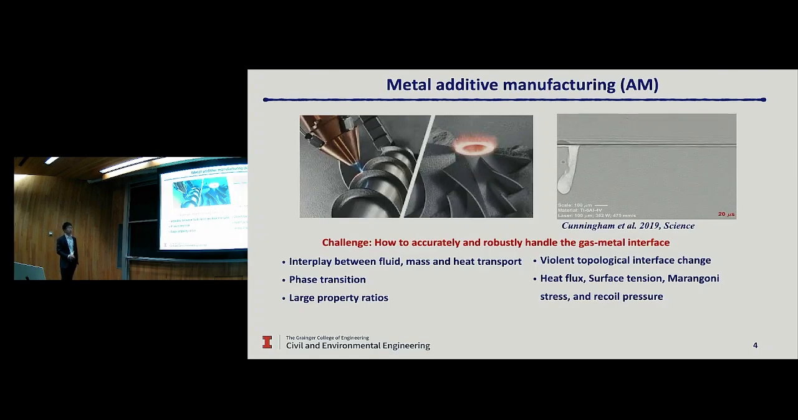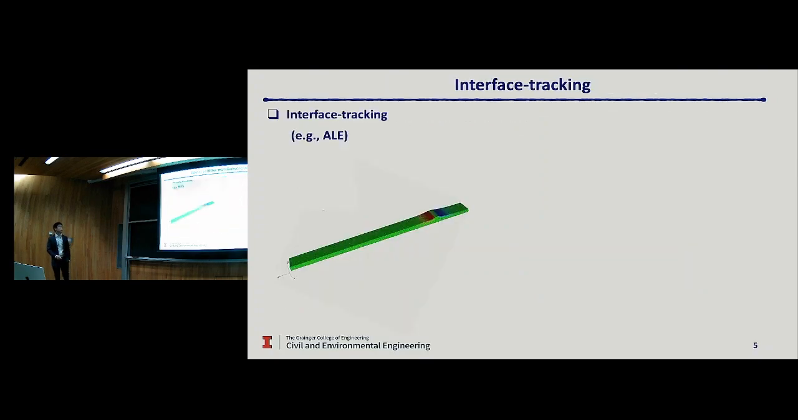And more importantly, on the gas-metal interface, you have a set of critical boundary conditions, especially the Neumann type of boundary conditions, that need to be satisfied simultaneously. So the boundary conditions include heat flux, laser heat flux, surface tension, Marangoni stress, and the recoil pressure. So in computational mechanics, there are two existing approaches you can utilize to tackle this problem, depending on how you